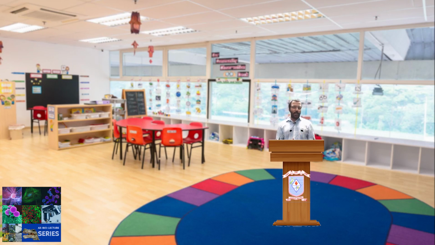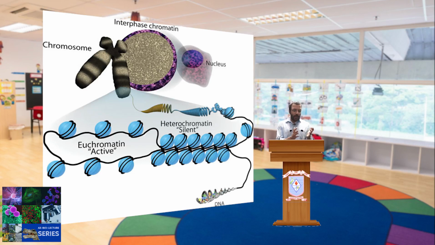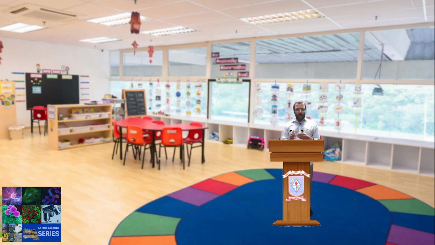Why do we use trypsin here? Trypsin is the enzyme that digests proteins. We know the metaphase chromosome is highly condensed in nature. Actually, proteins such as histones and different scaffolding proteins compact the DNA tightly. But there is a clear difference in the level of compaction in the euchromatin and heterochromatin regions of the chromosome. So, the action of trypsin will also be different in euchromatin and heterochromatin regions. We will see the details at the end of this lecture.